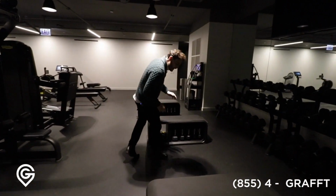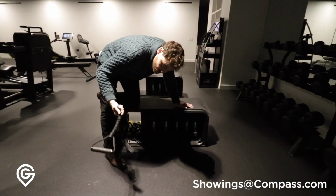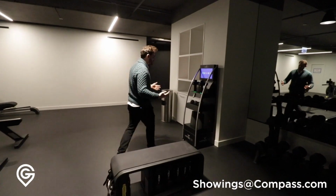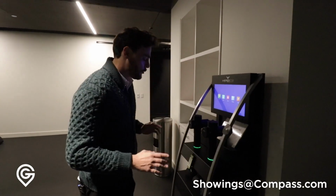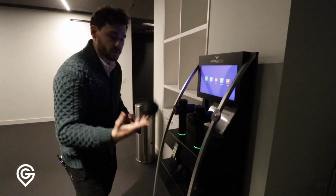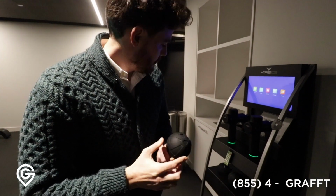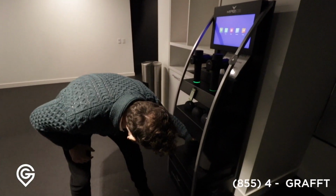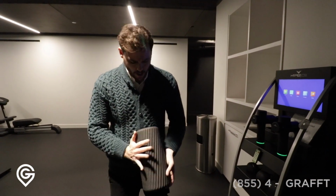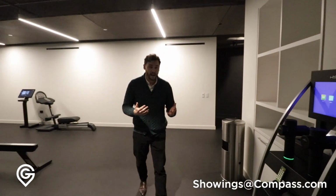Check out these benches. I love that they have the weights here. I didn't even notice them. Adam noticed them. Weights here, all the strength and tension equipment, free weights over there. And then there's this hyper ice machine. I don't understand this yet. We're gonna get some more insight, but they have the Theragun. These things are awesome if you haven't used them, massage you, right? But then they have these balls. I unplugged this. I have no idea what it does, okay? But it's gotta be cool. And then there's a foam roller with some type of integrated core. We gotta find out more about this, but it looks like they're really looking ahead and giving you advanced equipment